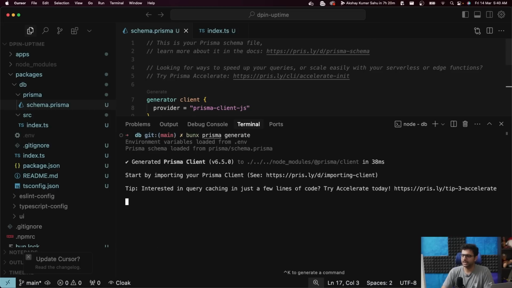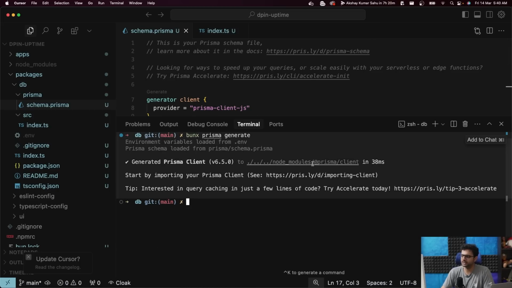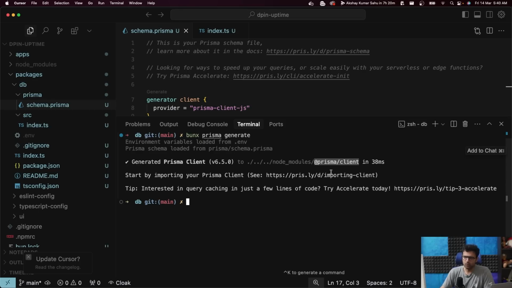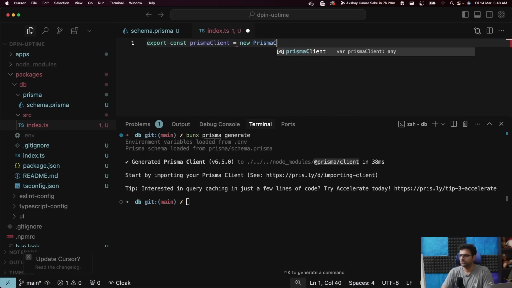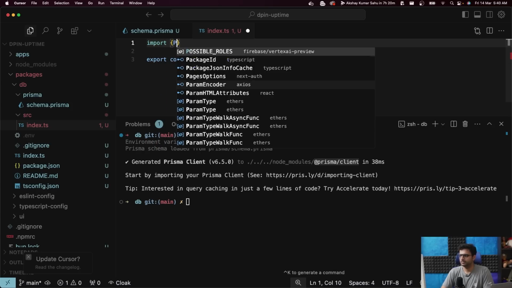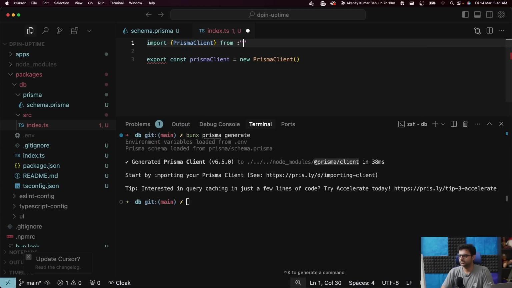Now let me generate the Prisma client. What does generating the Prisma client mean? It just means creating a @prisma/client folder in your node modules that you can export from here. Now export const Prisma client equal to new Prisma client, where Prisma client comes from @prisma/client, which is something that we just created over here, as you can see. Once that is done,